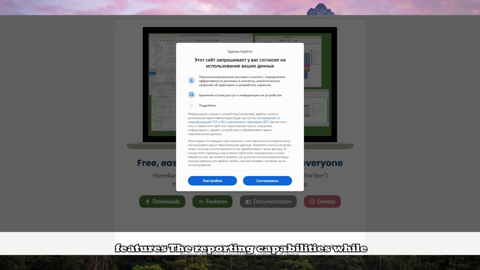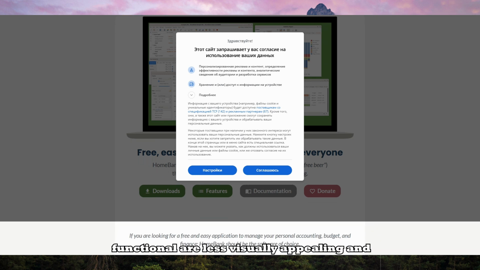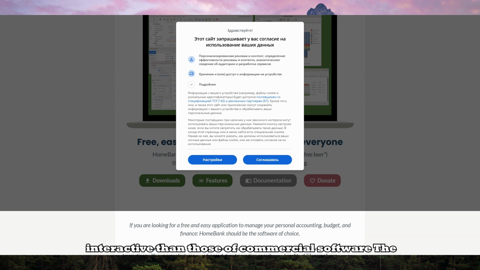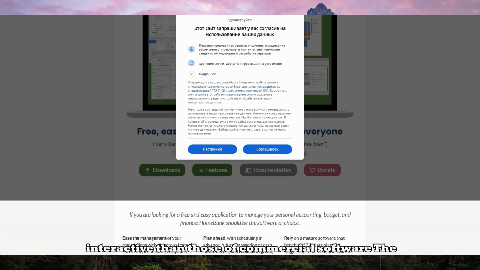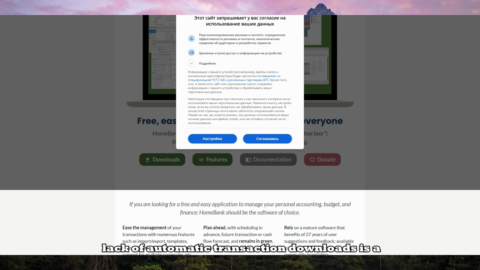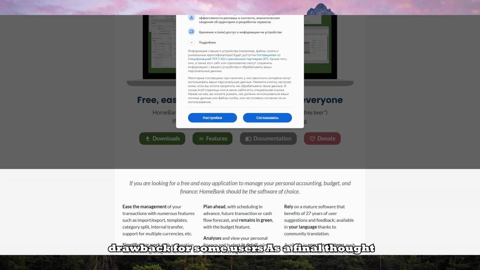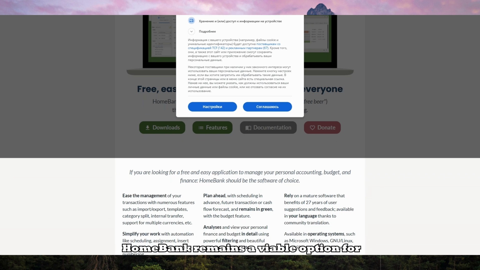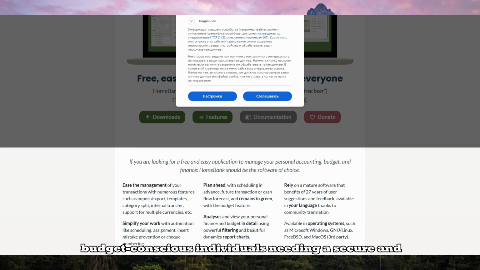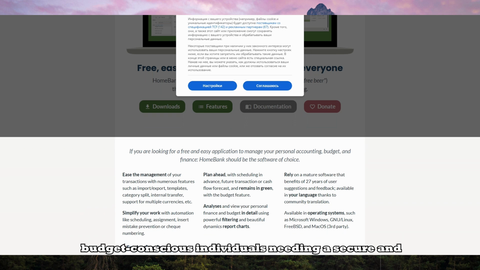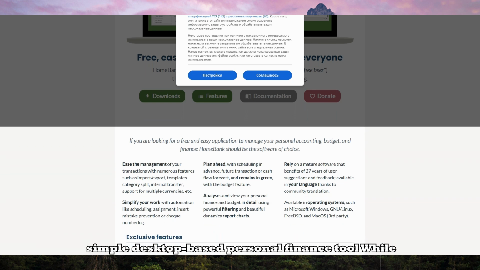The reporting capabilities, while functional, are less visually appealing and interactive than those of commercial software. The lack of automatic transaction downloads is a drawback for some users. As a final thought, HomeBank remains a viable option for budget-conscious individuals needing a secure and simple desktop-based personal finance